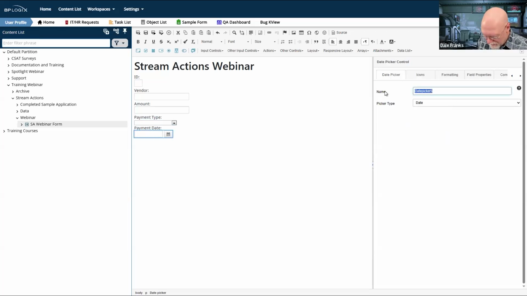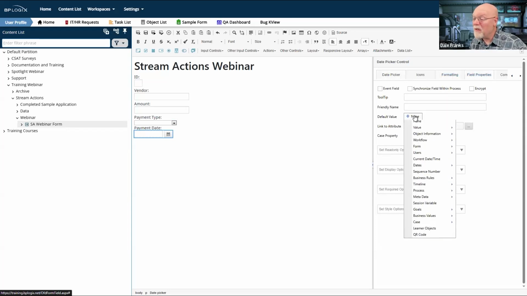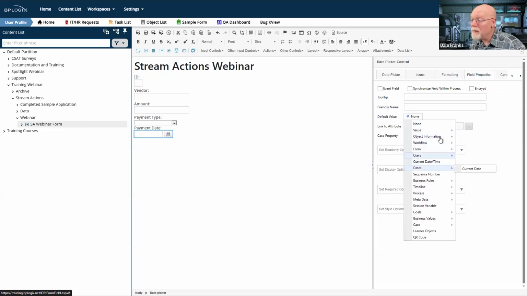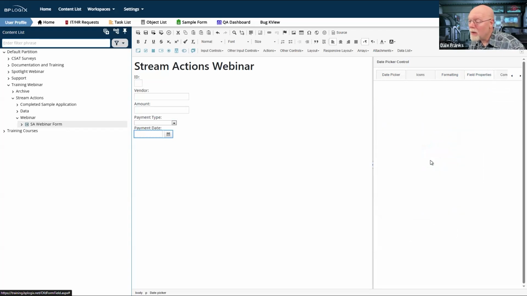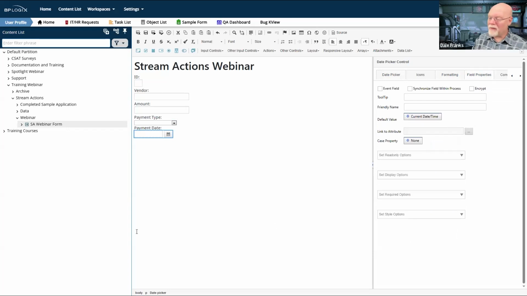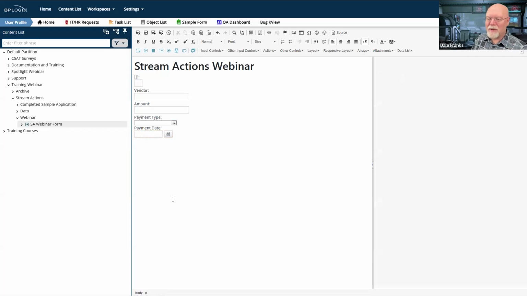So we'll call this date paid, and we're also going to give it a default value of today. So we'll just set the default value to the current date time. And that way it'll just fill out the appropriate date for the date picker.